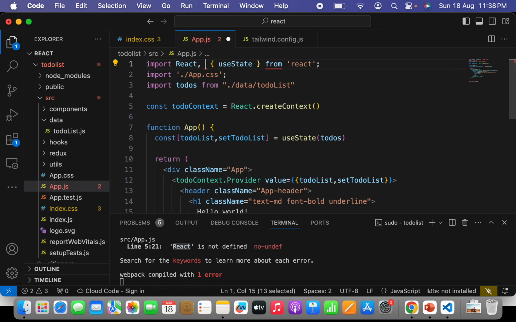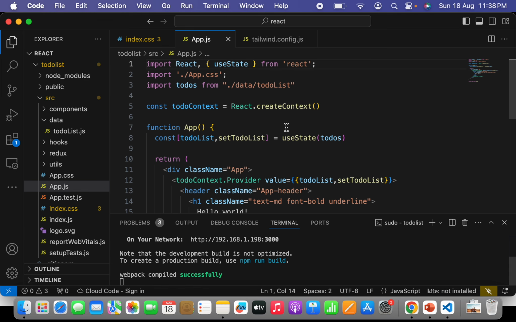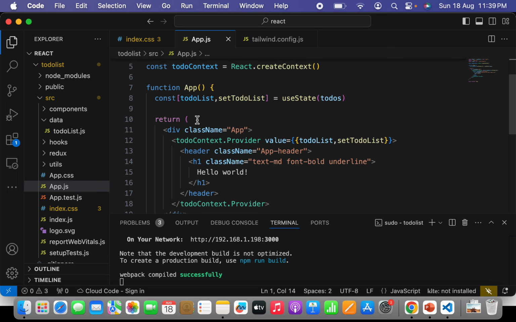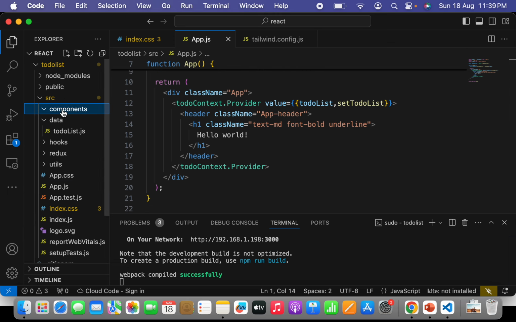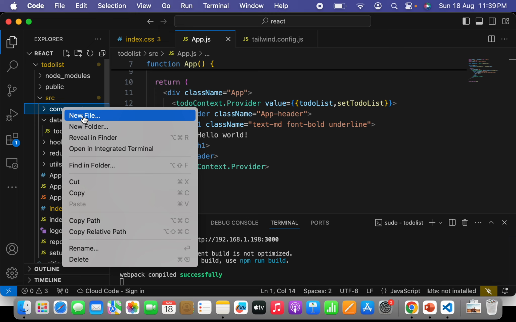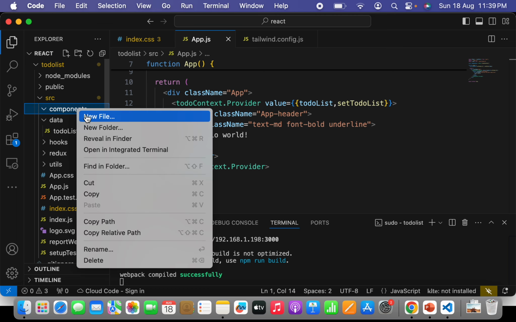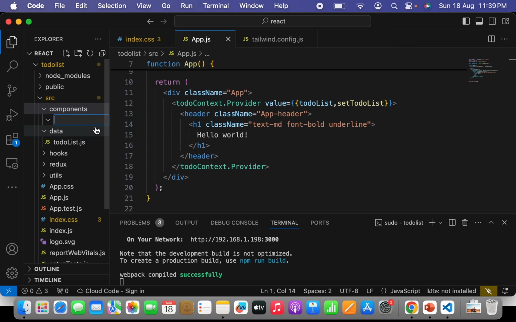So remove this one. So it will work now perfectly. I had imported the to-dos. What I have to do now is create a container, new file. First of all, I'll create a folder, one folder. I'll say to do container. Inside that one I'll be creating a new file called to do